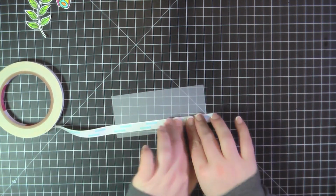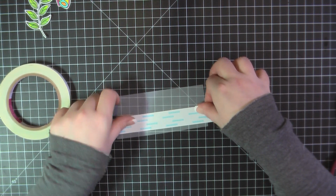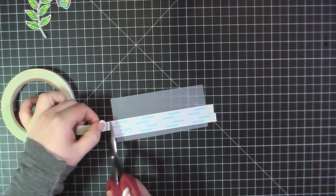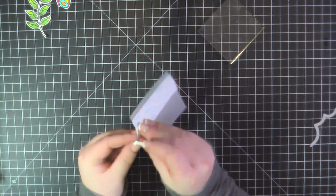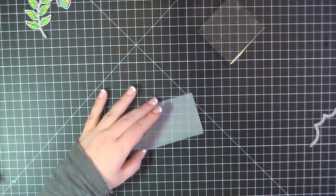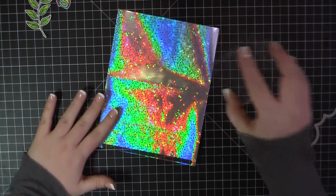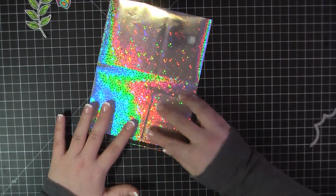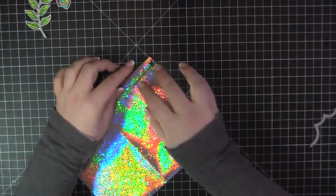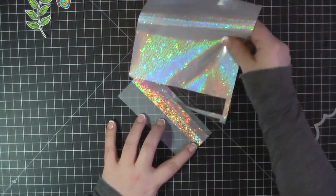Now I wanted to create a sky scene, so I'm going to place some clouds up at the top of my panel, and I wanted this to be an encouragement card, so I wanted to add a silver lining to my clouds. I've taken some vellum here and I've added some 1/2 inch Scor-Tape. I did that twice, so I've got a full inch of this pretty foil, and I'm just going to make sure that that's down nice and tight, and then you'll see when I peel away the top paper, the foil